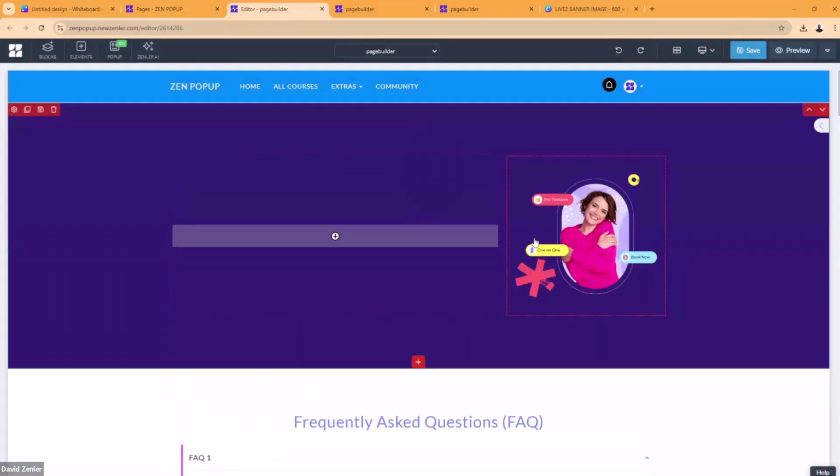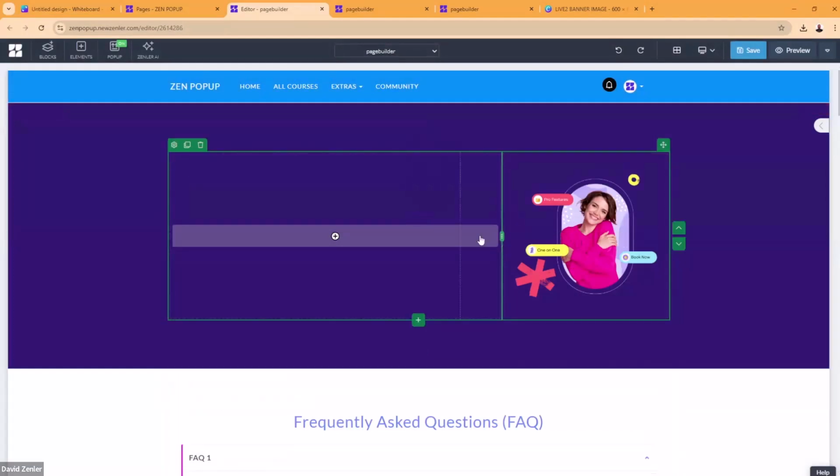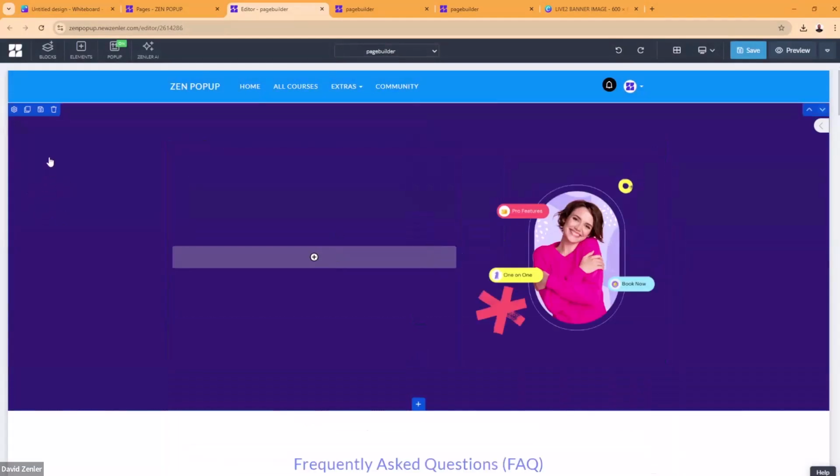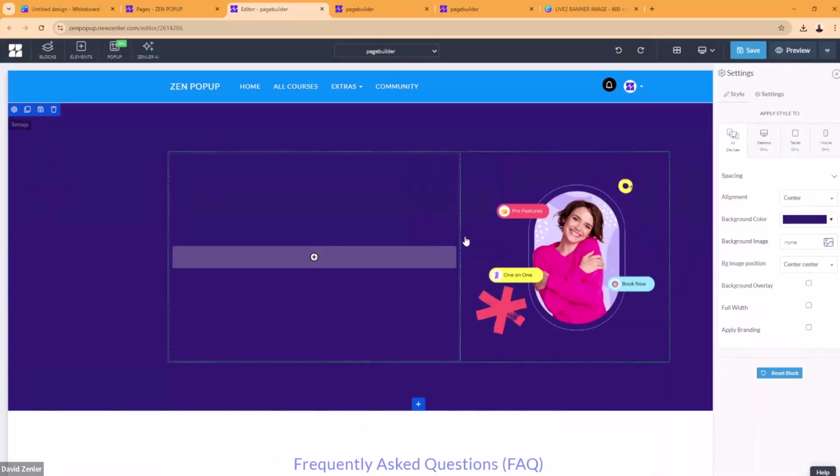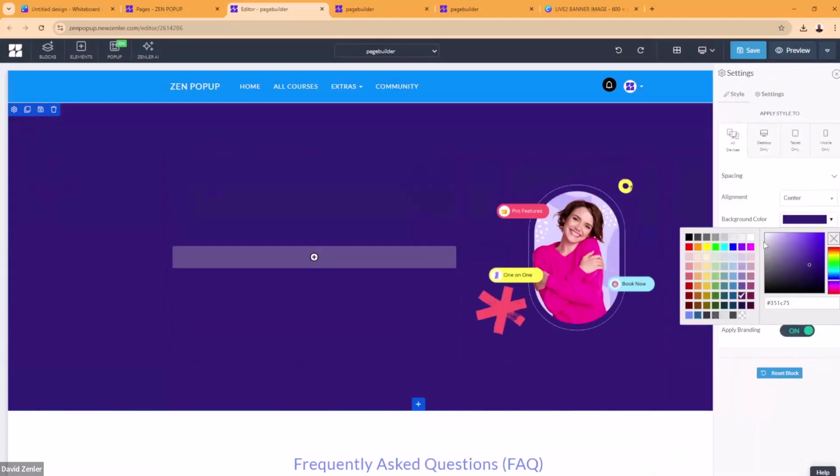Now look at this image. It is transparent, so the background color is showing through. That gives me extra versatility. If I don't like that color very much, I want to change it slightly, make it more on this side. Do you see what I mean? You can just change that color and it will appear underneath it.